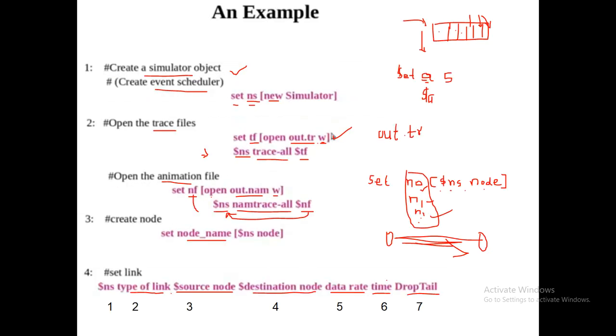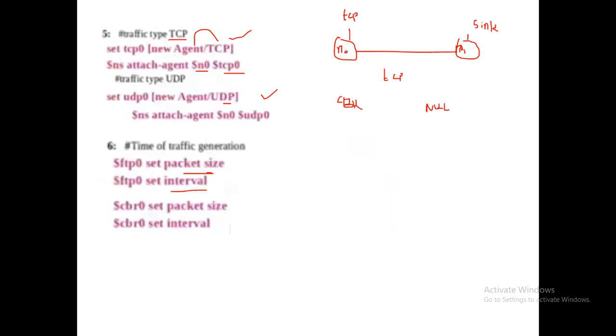How do you execute your animation? The command is exec nam, that is network animator. It is a command for executing. What is the file name? The file name is out.nam. This is the file name for the animator. You were given out.nam as your animator. Now you want to execute it so that you can see the animation, right? So: exec nam, the output file name, space, ampersand. The ampersand means you are giving the address of this file to this command, so that you can execute your NAM file.